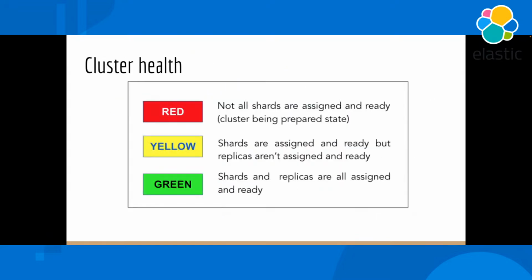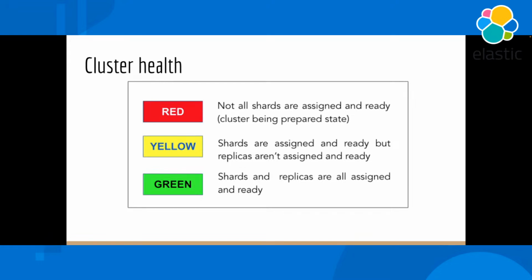Okay. Now, one last thing I wanted to tell you in the last two or three minutes is the cluster health. I did mention that my cluster health was yellow, right? The reason for that is that the shards are assigned, however, the replicas aren't assigned. I did mention that to you as well. There are some unassigned shards, right? So you have a very simple traffic light management system for your cluster health. Obviously, if your cluster is red, you have to start looking at it.